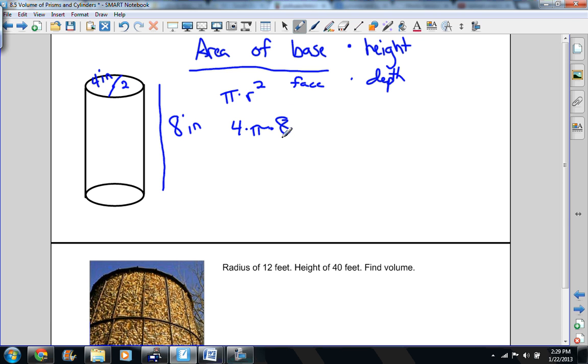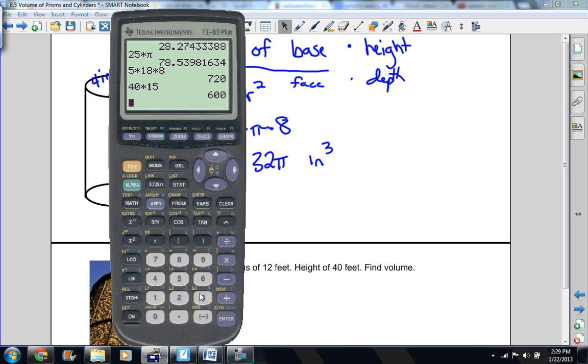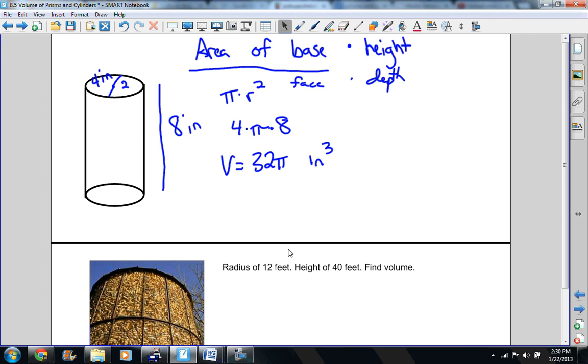You could multiply this out as a decimal, or you could leave it as 32 pi. That's our number, inches cubed. Or I could multiply it out, 32 times pi, it's going to be around 100.53